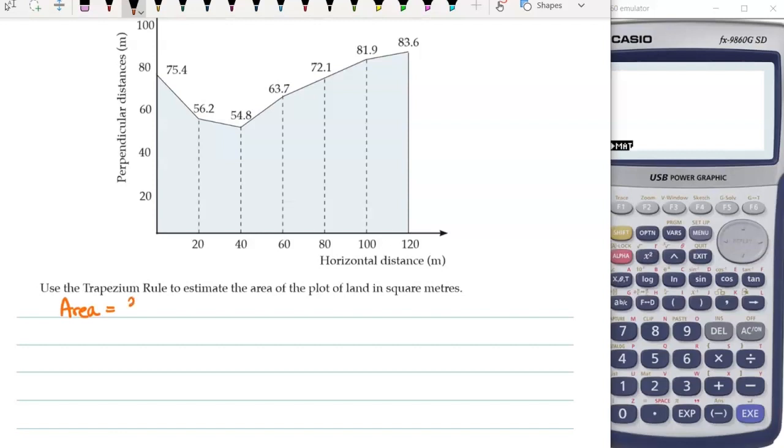So we'll have 20 over 2, and then we take the first length and the last length, so this one and this one, we add those together, so we have 75.4 and 83.6, and everything else in between gets times by 2. So we've got 56.2, 54.8,